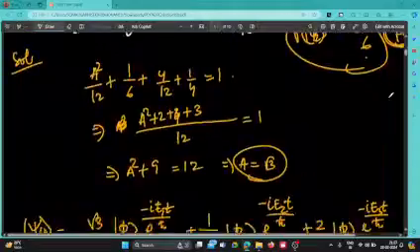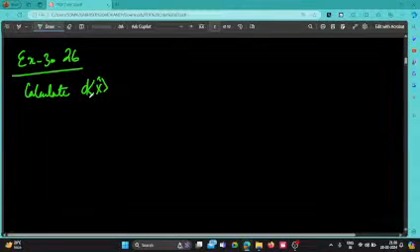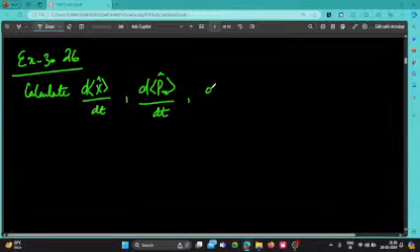Next question, exercise 3.26. The question is: calculate dx by dt, dpx by dt, dH by dt for a particle